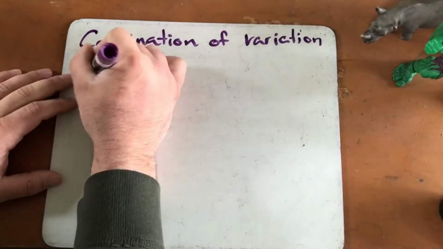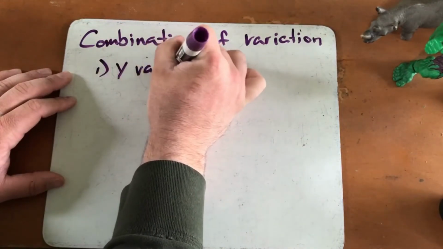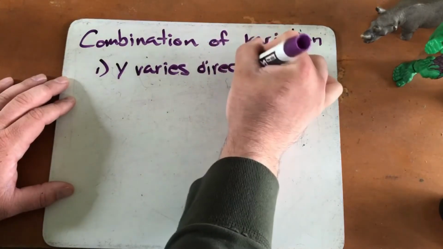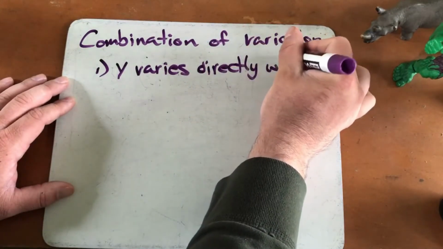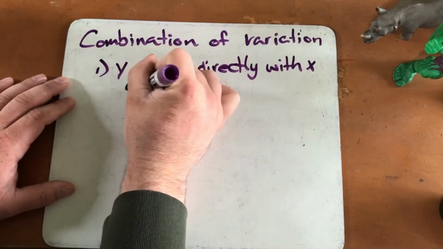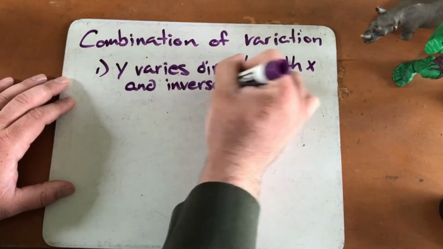All right, so for the first one, let's say it tells me that y varies directly with x and inversely